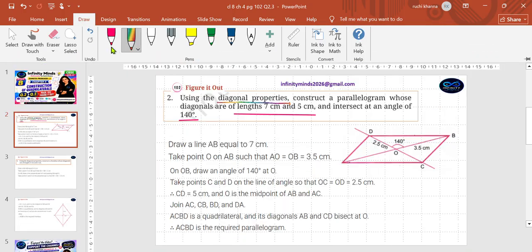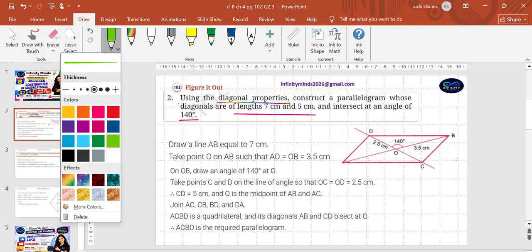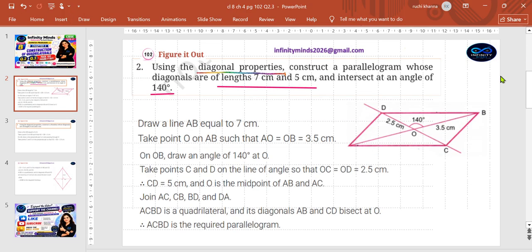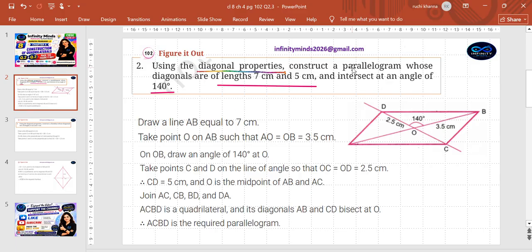Okay. So now when you've been given that the name of the quadrilateral is parallelogram. So consider a parallelogram. What do you know about diagonal properties of a parallelogram? That in a parallelogram, diagonals are unequal. So they are already given to be of two different lengths. That also proves. But diagonals do bisect. In a parallelogram, diagonals do bisect. Okay, they do bisect. Yes. They are unequal. So the lengths of the two diagonals are given. But yes, they do bisect.